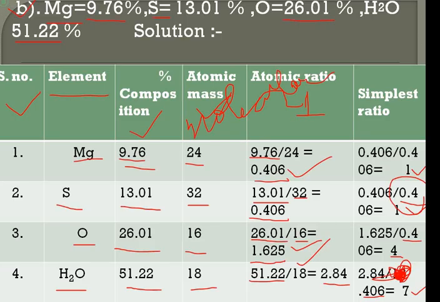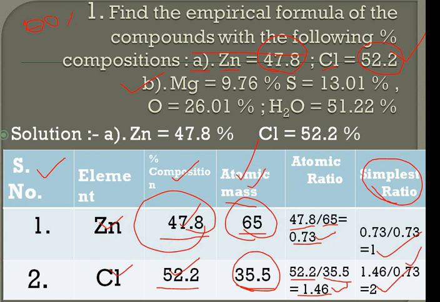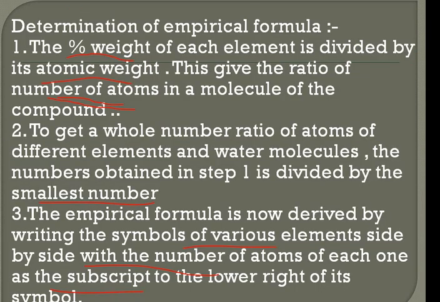So this is the way you calculate empirical formulas from the percentage weight given in the question. And if any percentage weight is not given, like there are 3 or 4 atoms, and he gives you the percentage composition of 3 atoms but not the 4th one, you can add the 3 percentage compositions and subtract the sum from 100. So you will get the 4th one. These are very simple things that you need to understand, but they need your practice as well as muscle memory. By practicing, you will get the habit of how to make a table, and how to do them in a simple and easy manner.